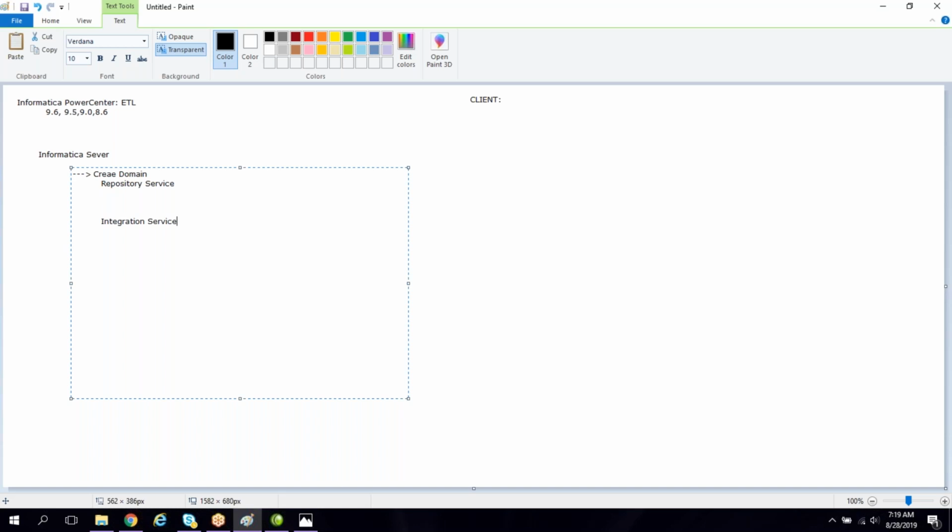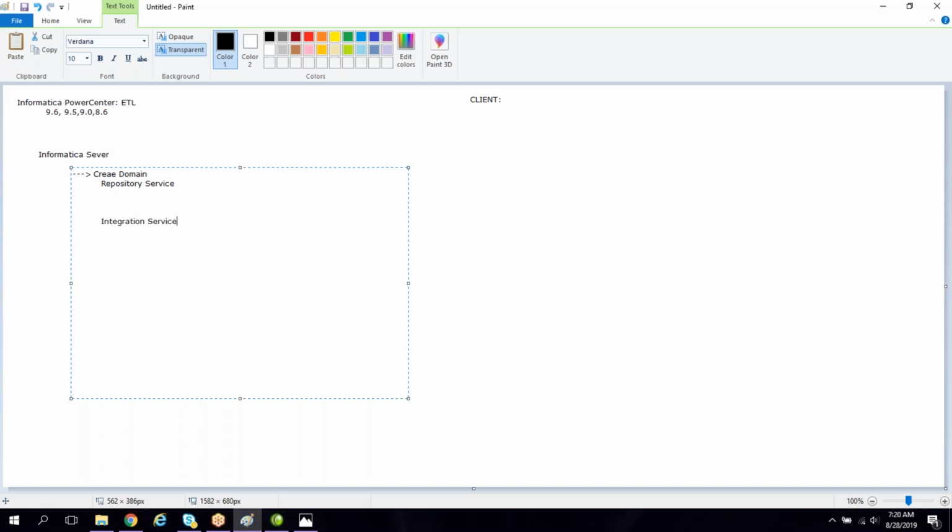I have also shown you this practically while creating. We have created this repository service and integration service in your system in the administrator. After creating the domain, we logged into the Informatica Administrator homepage, and there we created the repository service and integration service.